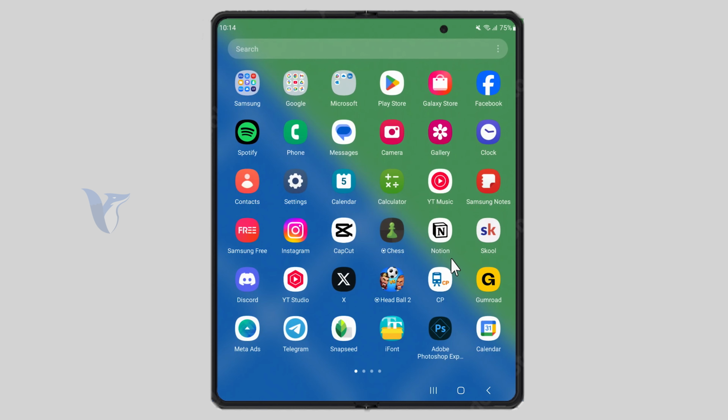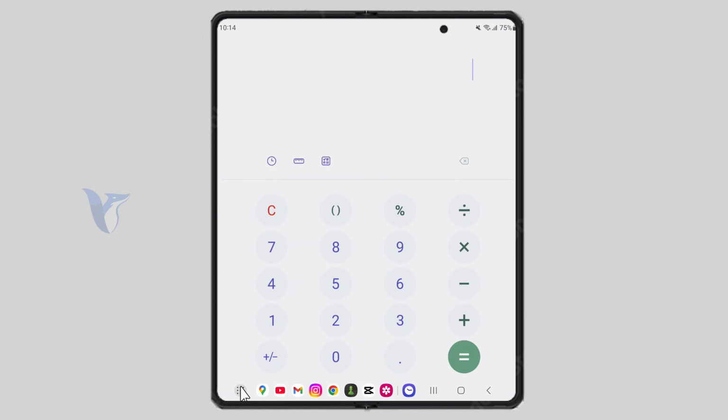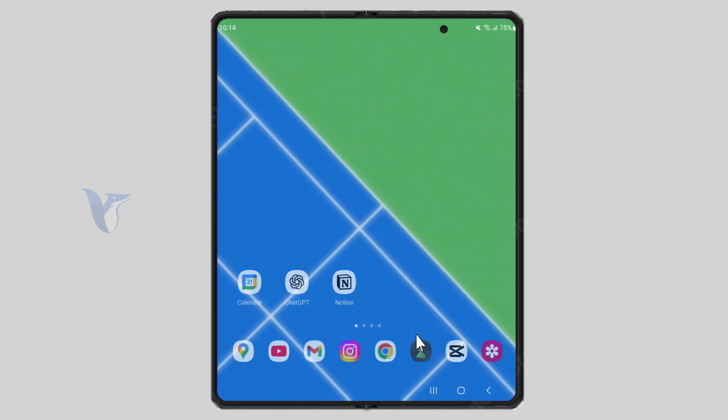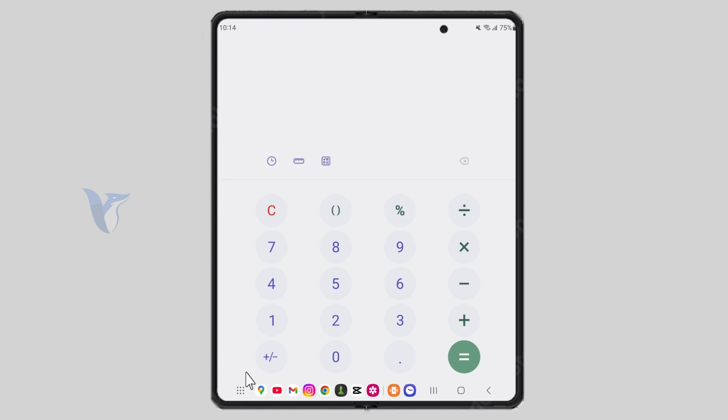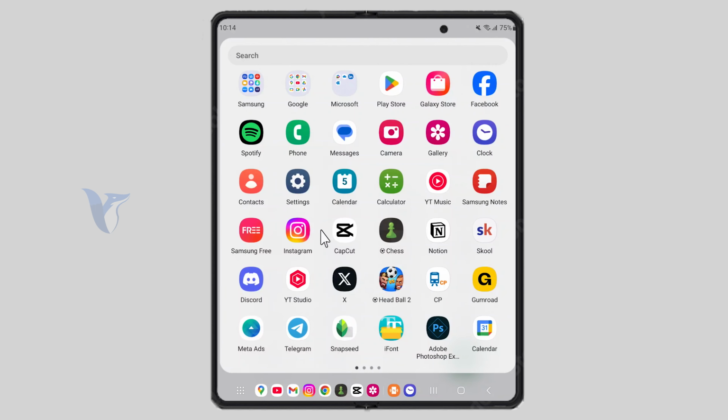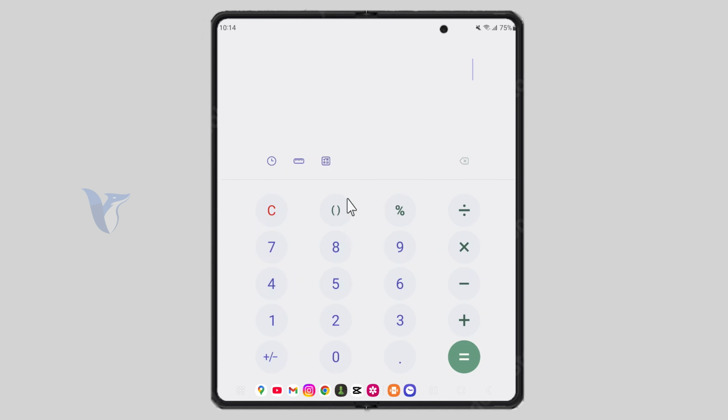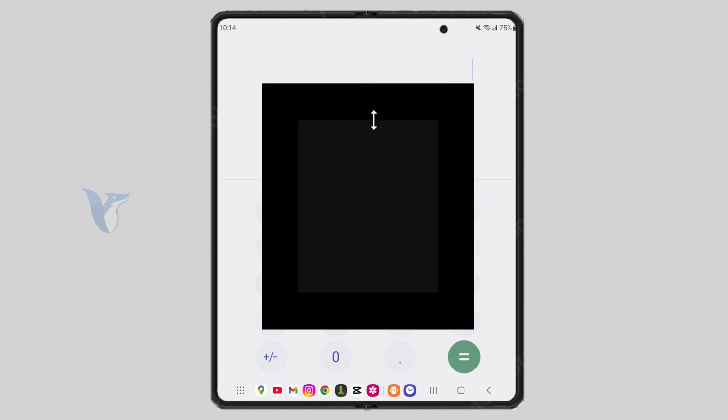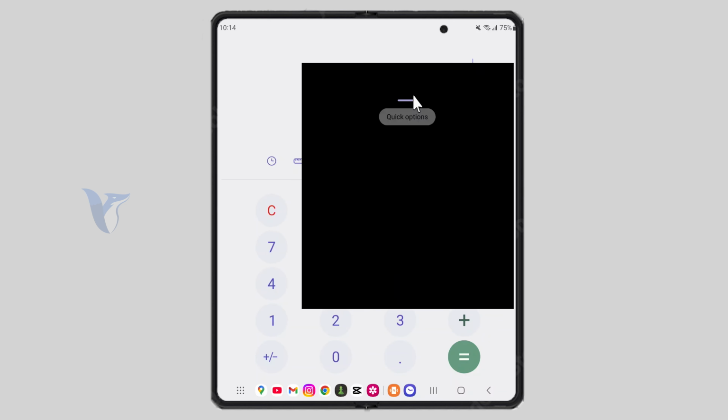As I said, this works for essentially every app, no matter if you go with the calculator or essentially anything else. The third-party apps should work as well, and you should be able to grab any of them, right? In my case, it kind of works better because this is the Galaxy Fold, which is like a large screen, and it is more of a tablet than it is a phone, but in some Android devices, this should work